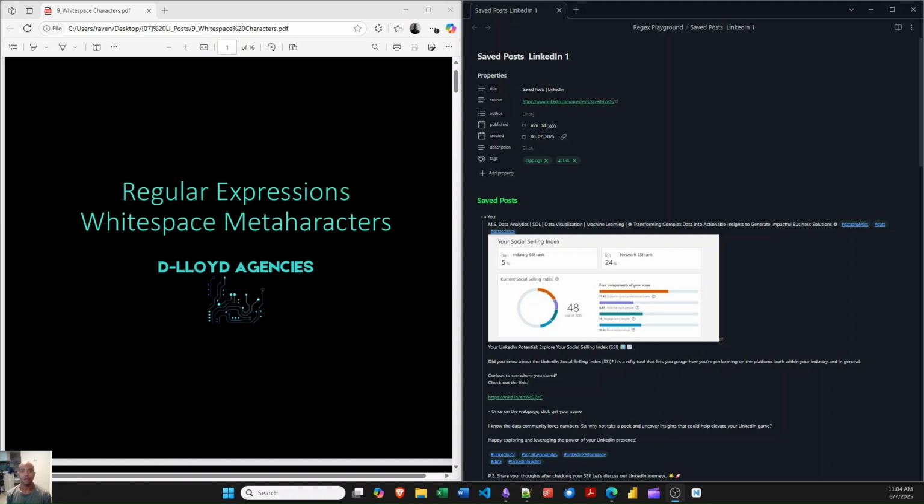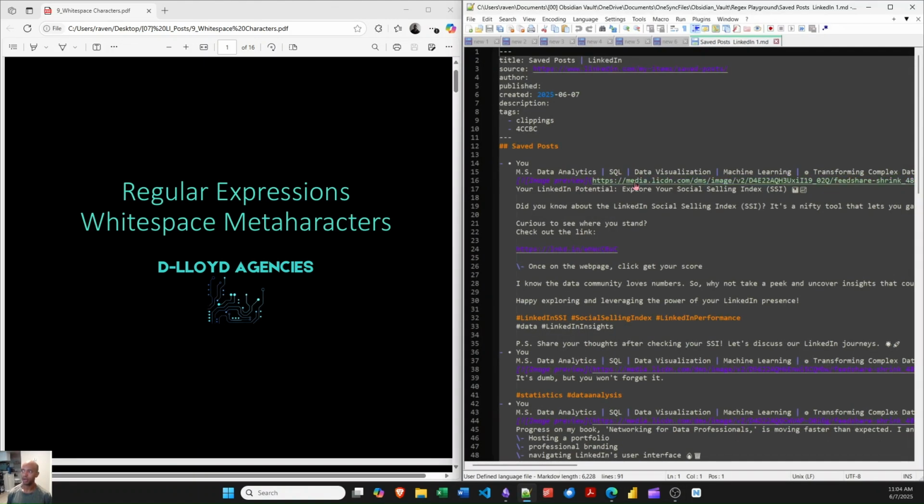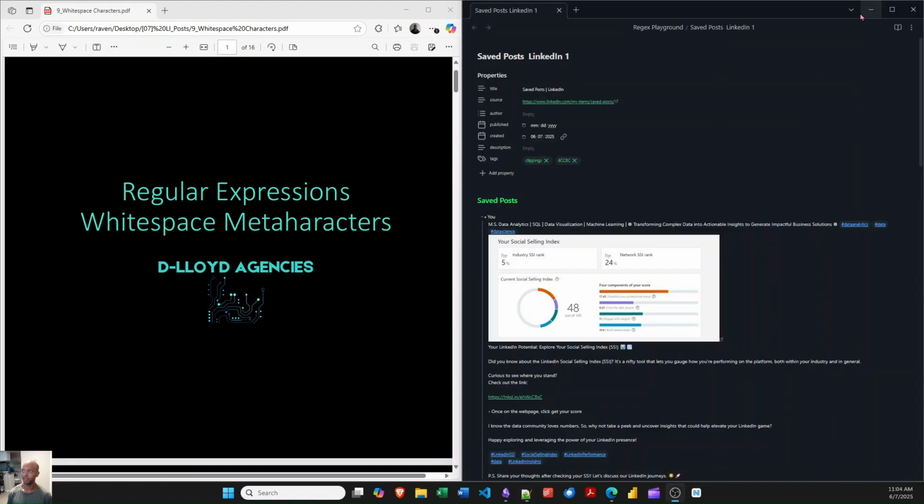Alright, so today I'm recording a video on catching skipped lines using regular expressions. So let me tell you how this is going to work. I have some of my old LinkedIn posts that I have in my saved posts that I web scraped. Here they are in Obsidian. If I go to Notepad++, here's the raw file that corresponds to this, so you can see the changes